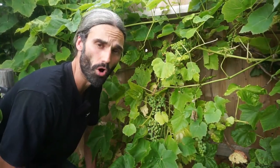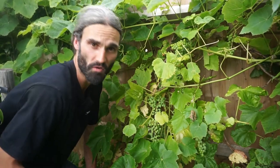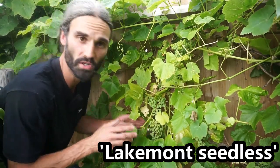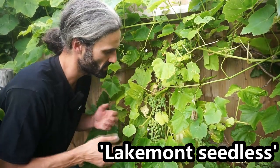You can get different varieties that can do better in different locations. For example, something like Suffolk Red could be a good one if you live further north. If you're into making wine, a variety such as Riesling could be a good one. This is Lakemont Seedless, which is a US variety, and one thing I like about grapes is they tend to